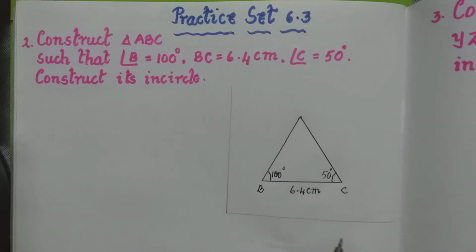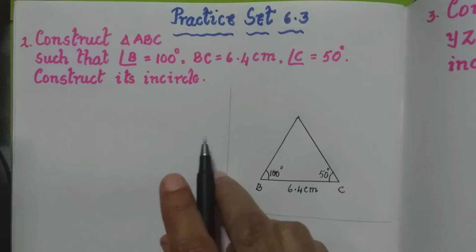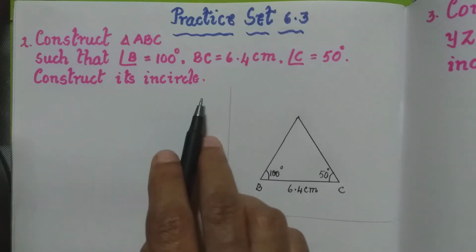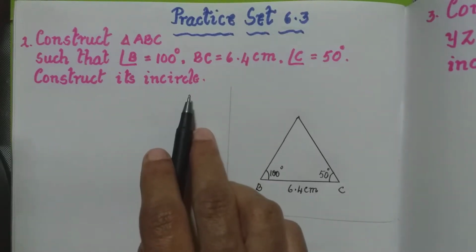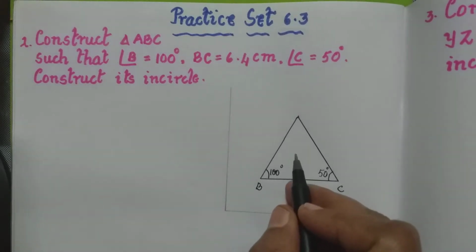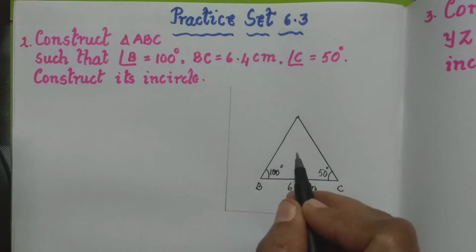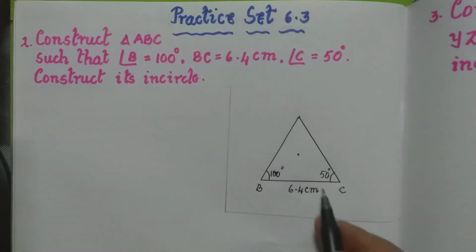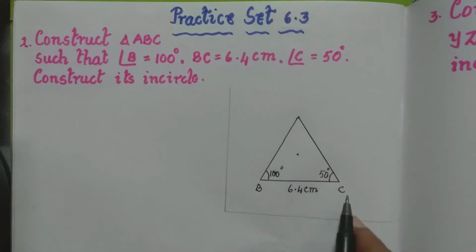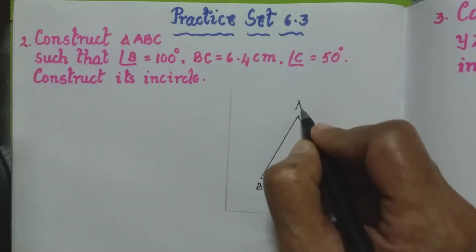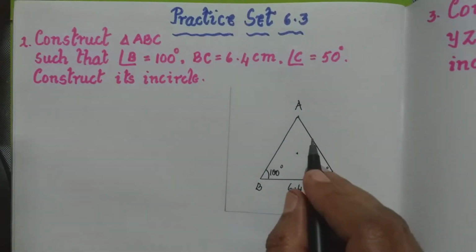Now once these two are marked, next we are supposed to construct an incircle. Now to construct an incircle, it is formed from the incenter, that is, the incenter is a center which is inside the triangle. It will be somewhere here, that is it is a point at where the angle bisectors of the three angles meet. Now we have marked only two vertices. We mark the third vertex also A. So triangle ABC is completed.